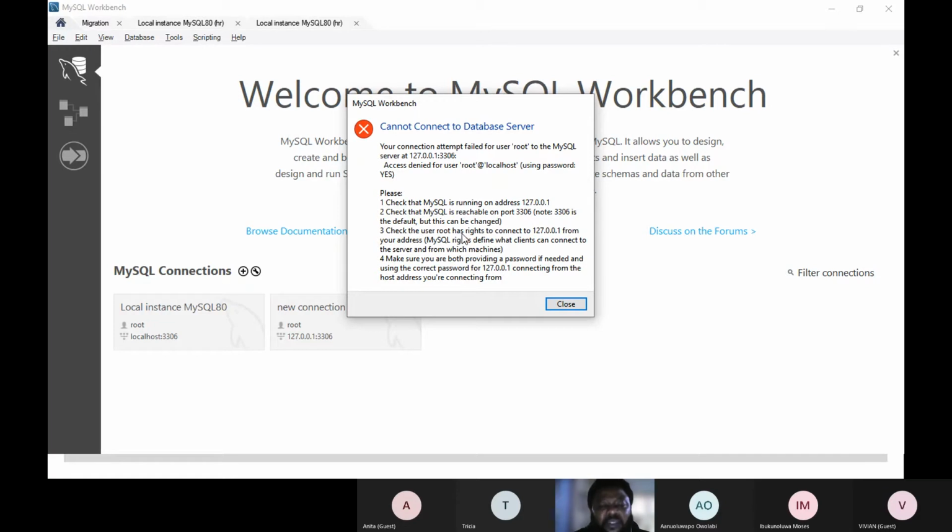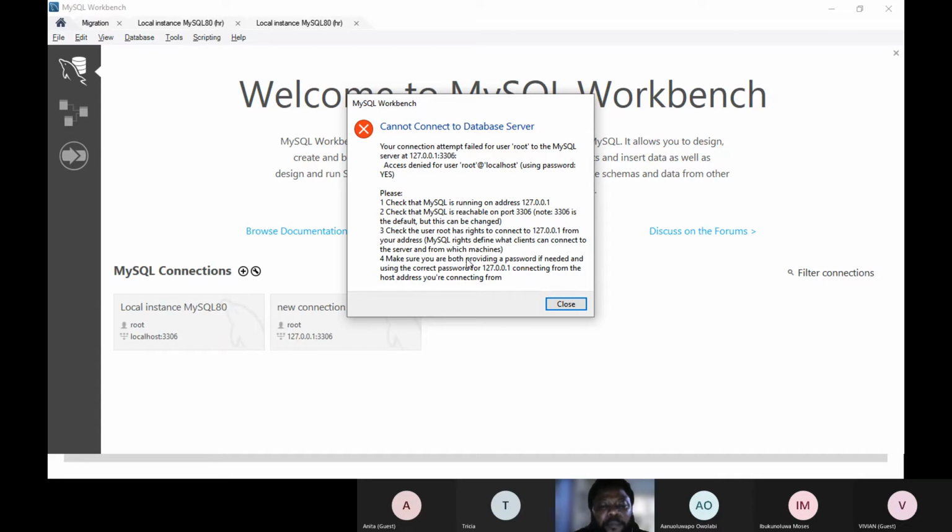Does user root have the right to connect to this IP address from my address? That is, MySQL defines what client can connect to the server and from which system. So I should make sure that I have the permission to connect.